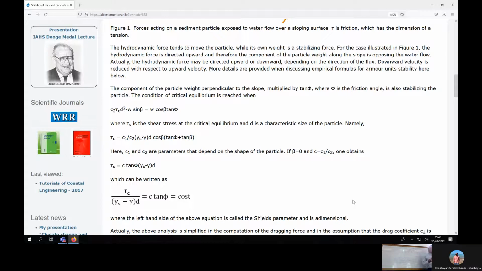So turbulence makes a shear stress that is lower than the laminar flow. And therefore,